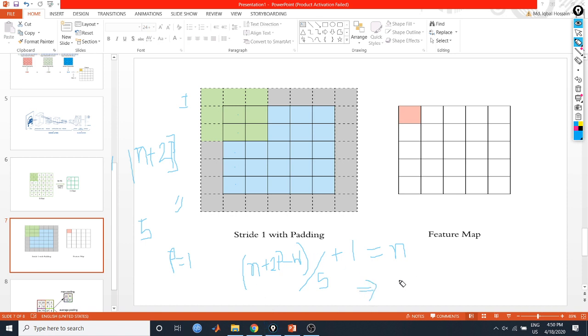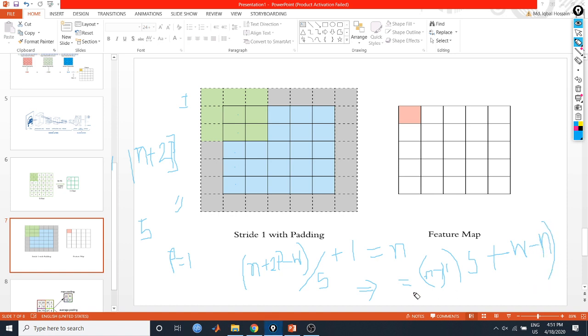Then n minus 1, into s, plus w, and I have to subtract n.